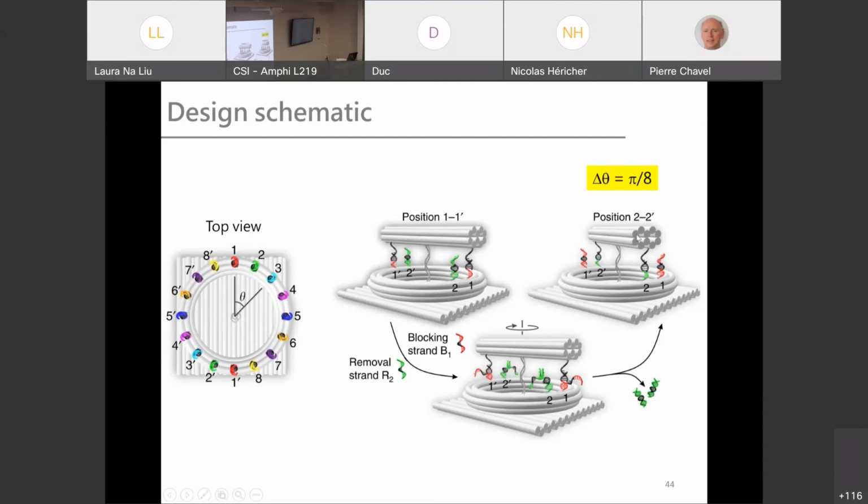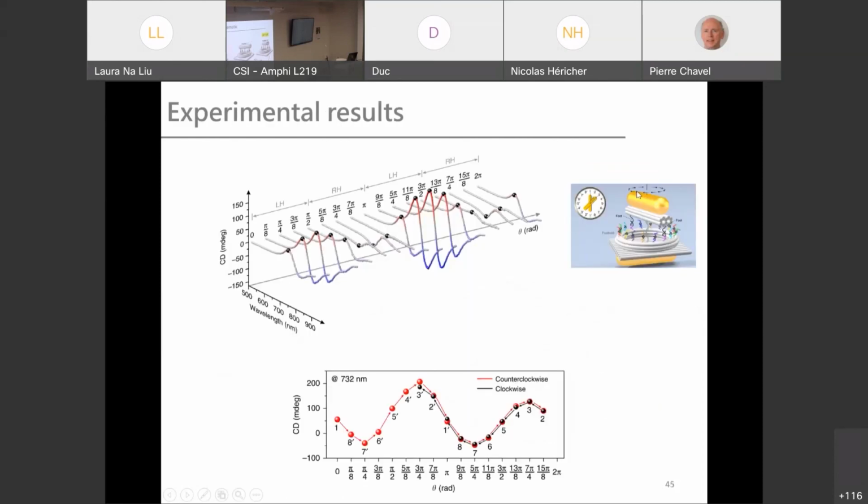So then every time it can rotate by an angle of pi/8. If we do this continuously, the gold nanorod on top can rotate from 0 all the way to 2 pi. This experimental result shows you the counterclockwise route in red and then the clockwise route in black. You see at each angle, the 2 data points agree with each other very well, meaning the reversibility of the